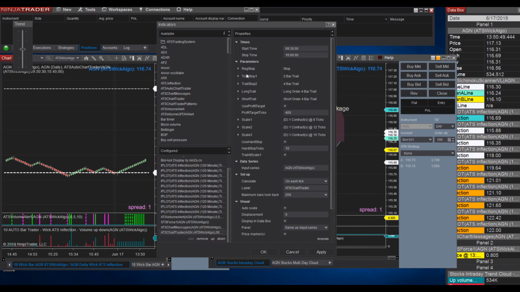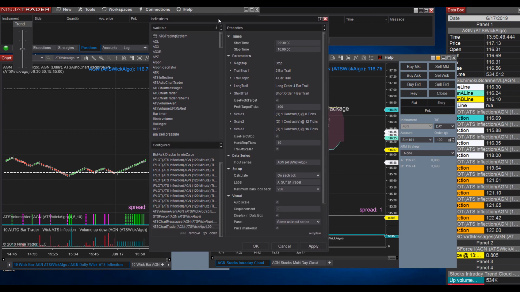So first we're going to look at the settings in the chart trader itself. You can customize our bar chart trader about any way you want to, and I'm going to show you some of the settings. We have another video on actually customizing the bar chart trader for yourself, but you have time settings. You can set the time of day will allow a trade,